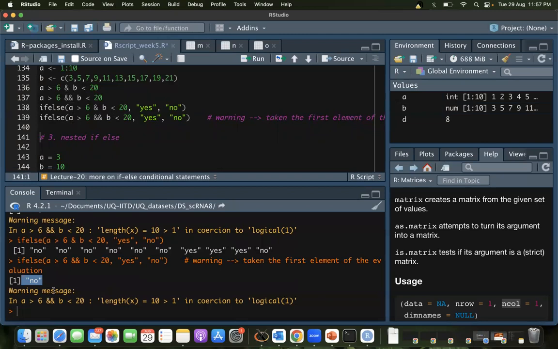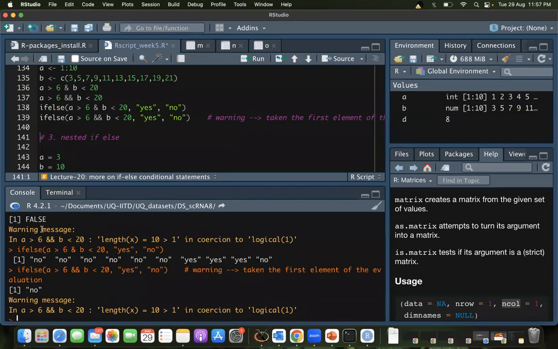And this gives you a warning, right? This is the same warning. This warning is not coming from if else. This warning is coming from this double AND. The warning is from AND, not from if else, because if else just needs, if it gets a list, it's going to evaluate it as a list.